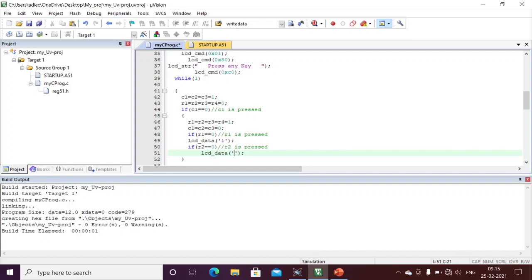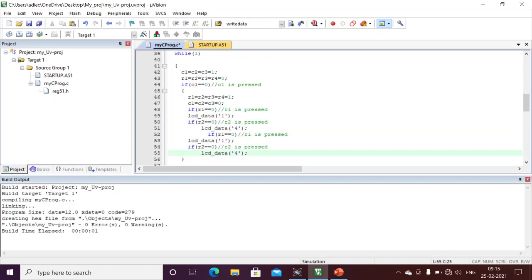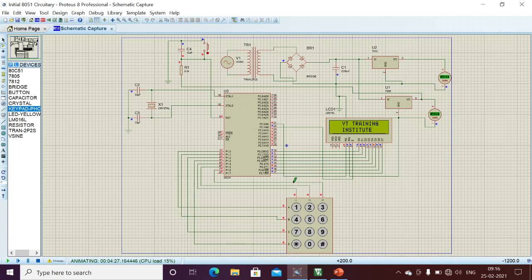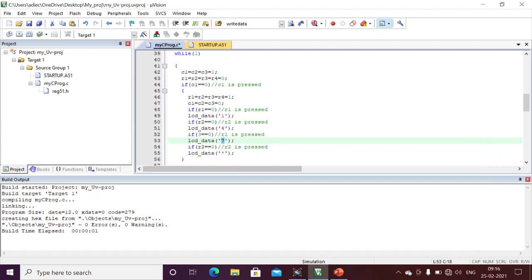I just copied this for the other rows as well. Here I will mention row 3. If row 3 is pressed, I'm going to display 7. Row 3, column 1 is 7, and row 4, column 1 is star.